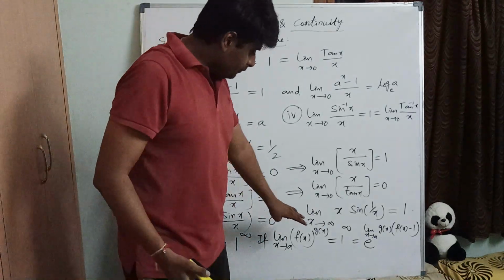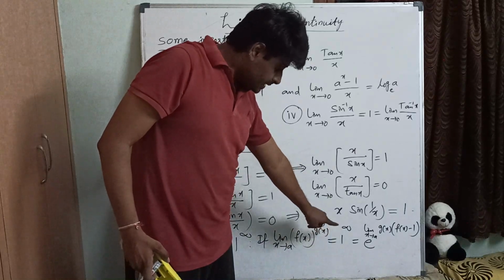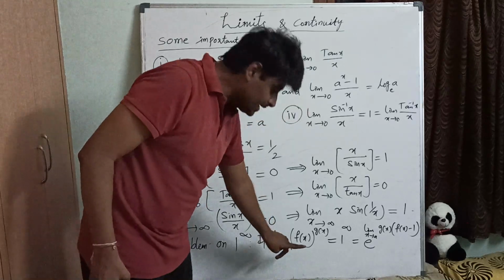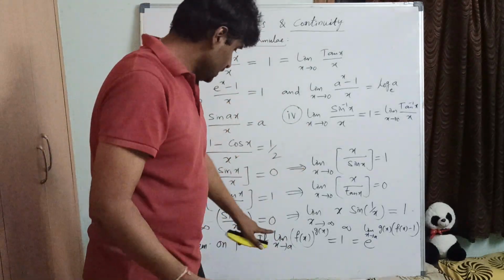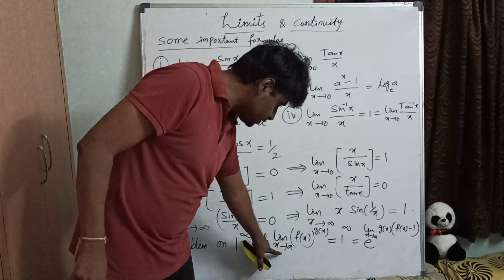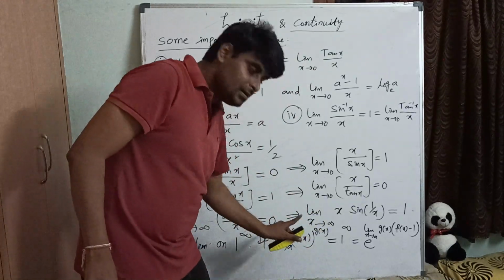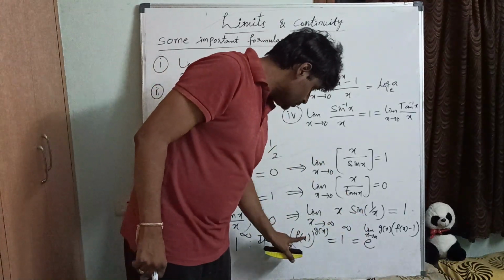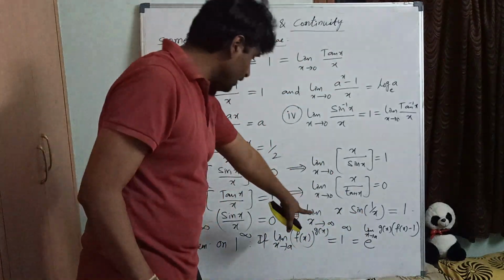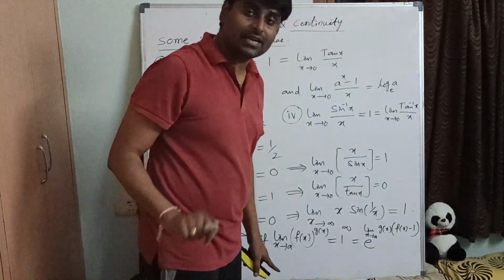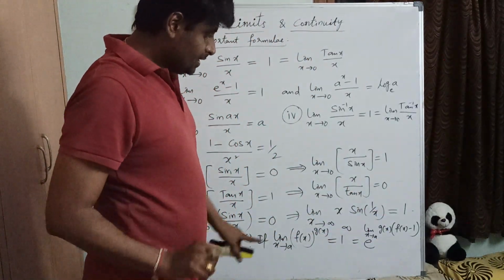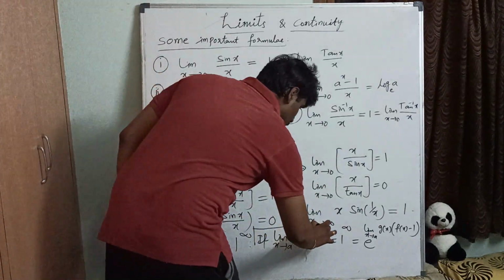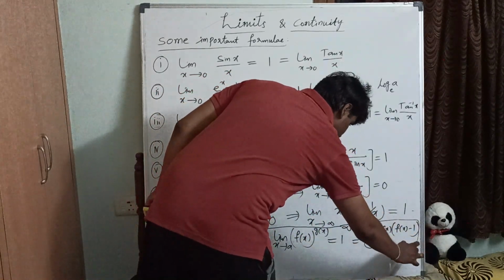Whenever you get the result in the form of 1 power infinity, this can be written as e power, with the same limit x tends to a, that power we can multiply outside of this function. So g of x into base minus 1, the power into base minus 1 written in brackets. That is the working rule in solving problems based on the 1 power infinity model. So this is very important.